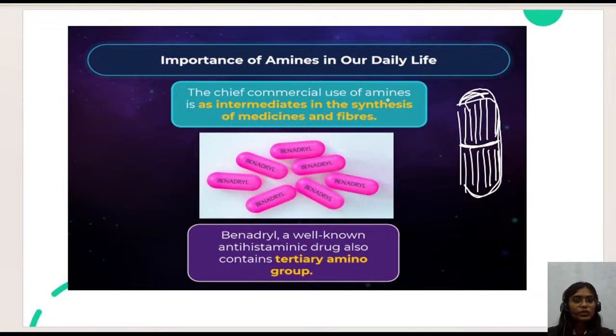The chief commercial use of amines is as an intermediate in the synthesis of medicines and fibers, especially this coating. Benadryl, a well-known antihistamine drug, also contains a tertiary amino group. Antihistamine means, for example, you know that